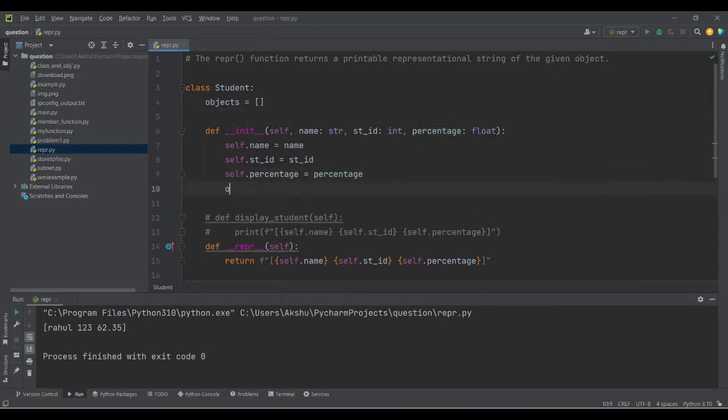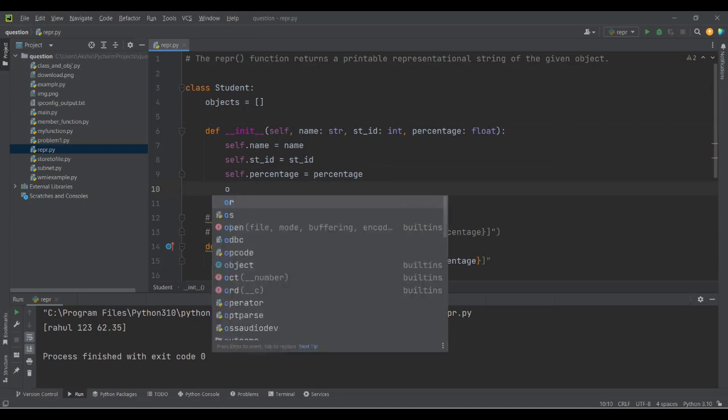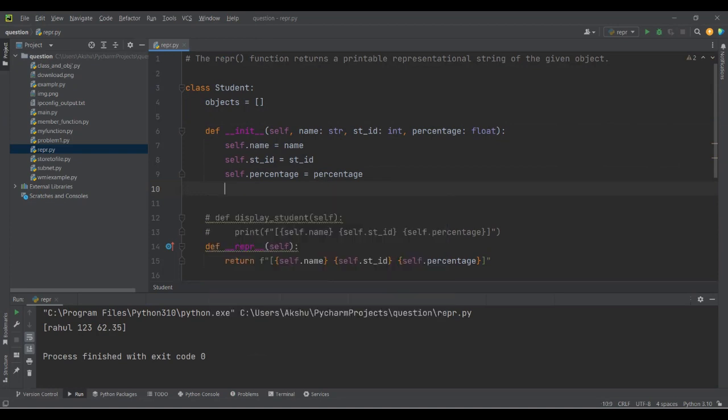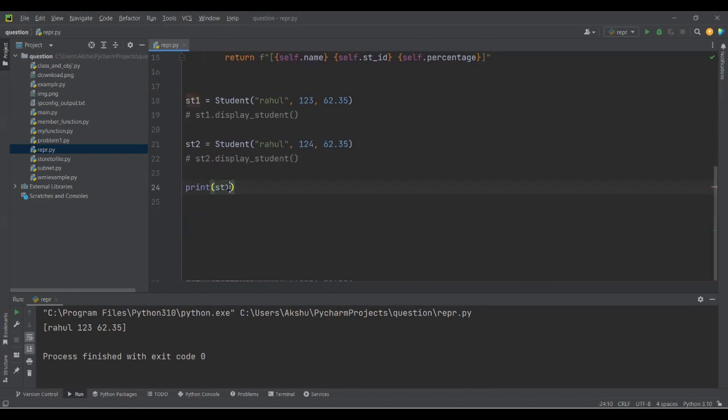I'll write objects. Now, objects belongs to the student class, right? So I have to access it with the class name, student dot objects, dot append self. That means the same object is added to this objects list. Right. So when I run this,